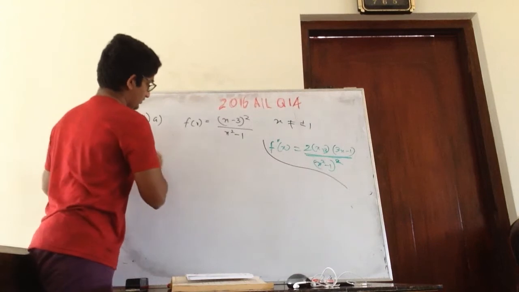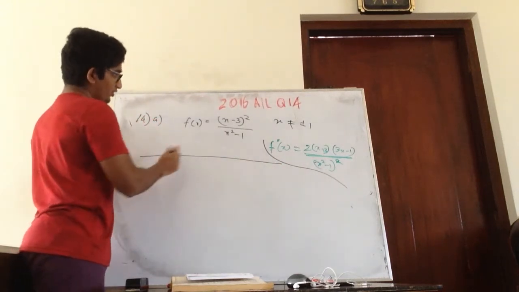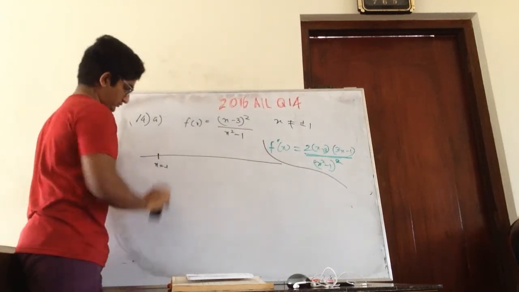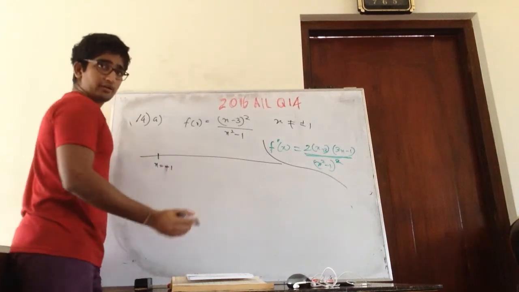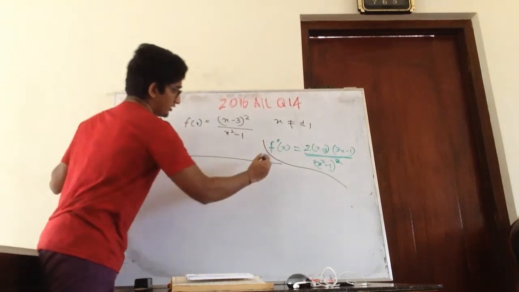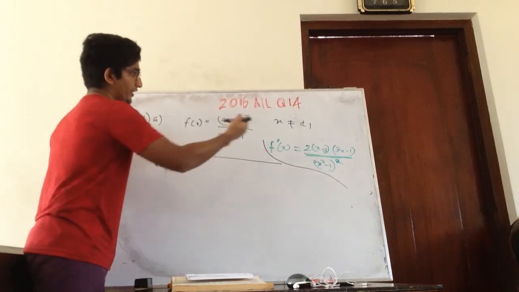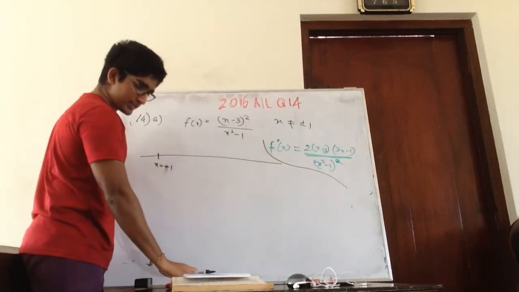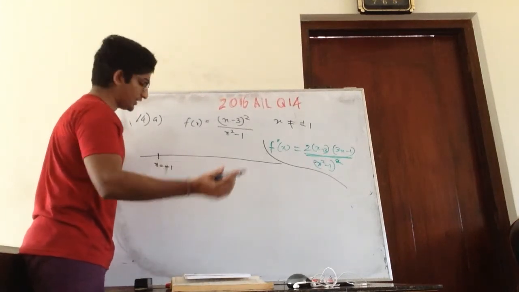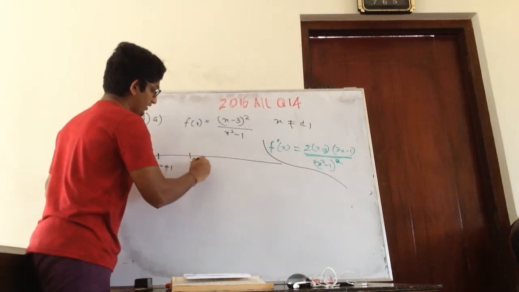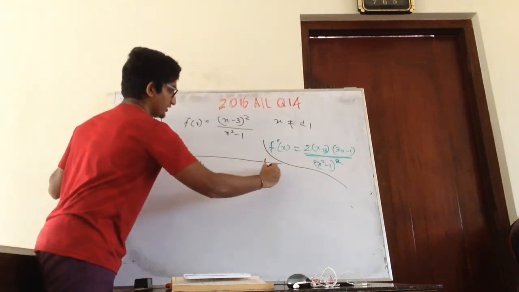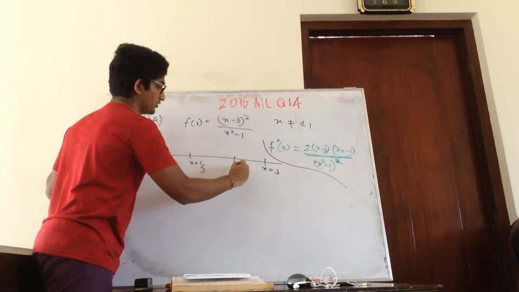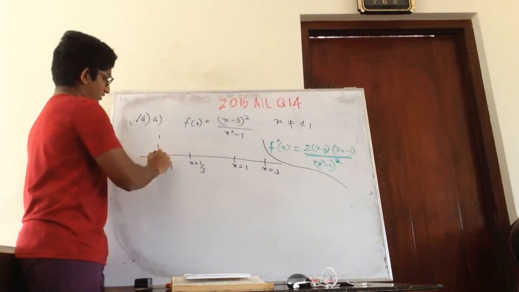Right. So now I'm going to draw this down. So what was the first asymptote? That was x equals -1. Right now, so I got that. Then what were the turning points? 1 over 3 and 3, no? So 1 over 3 and 1, 1 over 3 and 3. So x equals 1 over 3 is here, x equals 3 is here. Then I have another asymptote as what? X equals 1. So I'm going to sort of draw the asymptotes here.